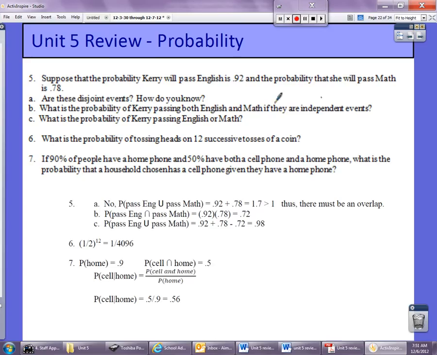Alright. For number 5, suppose that the probability Carrie will pass English is 0.92 and the probability she will pass math is 0.78. Are these disjoint events, and how do you know? Okay, so you have to ask yourself, for disjoint, is it possible for Carrie to pass both English and math? And the answer is yes, it is possible for her to pass both English and math. So therefore, no, they are not disjoint. And for this one, you're going to look at basically the intersection, the upside down U, of the probability of passing English and passing math. So 0.92,